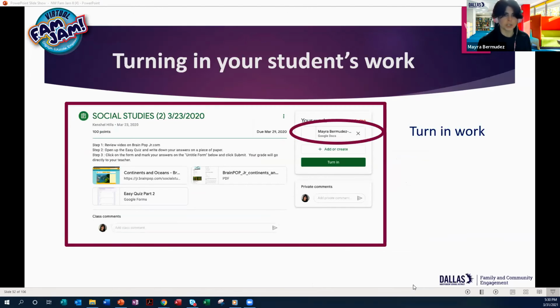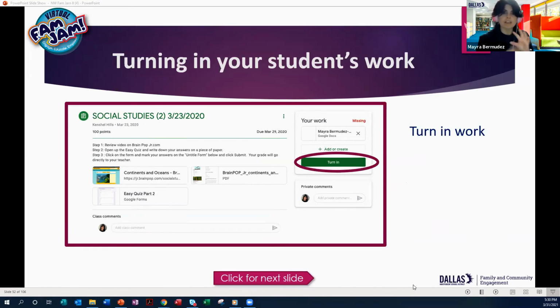Once you turn in work, just before you actually submit it, you will see everything you have attached. So at the very top right, if you attach Google Docs, a file, or a link, it'll tell you all the things that you added as your work before you actually turn in. The green button, just like Seesaw, is for turning in your work. When you click on turn in,